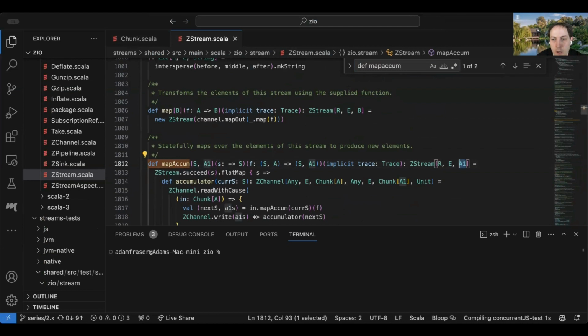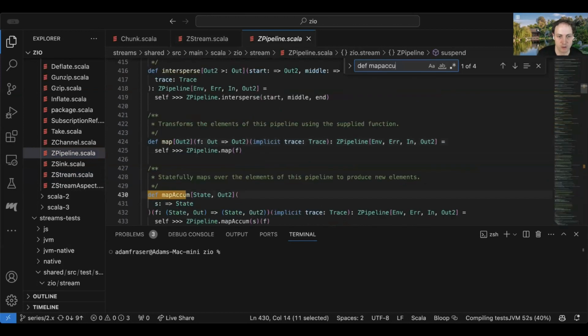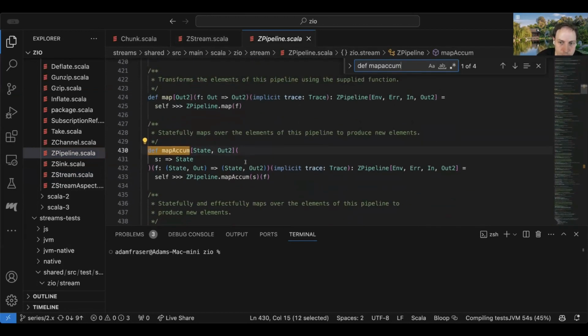And it's going to emit all those output elements as a stream. So yeah, as Juan said, you can think of it as a state machine with a queue in front of it. And once you start to see that, you can see a lot of analogies for it. Right, here's the MapAccumulate version as a pipeline.